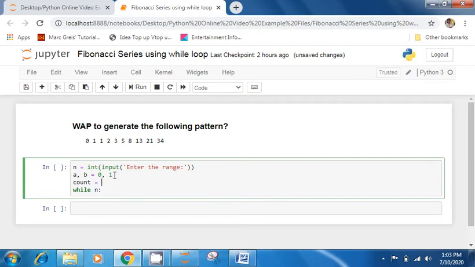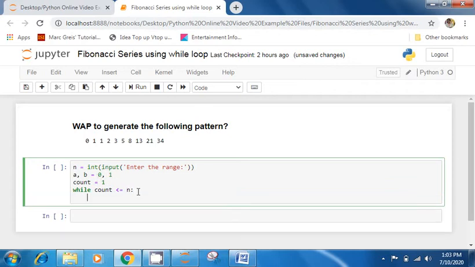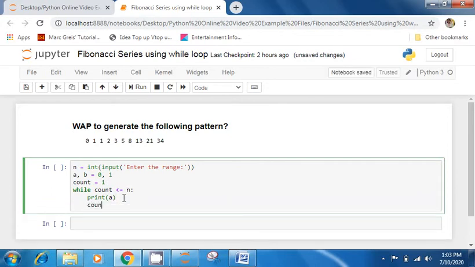So I am using a variable count, and this while loop will execute till this count value is less than or equal to n. For example, I will start with print A,